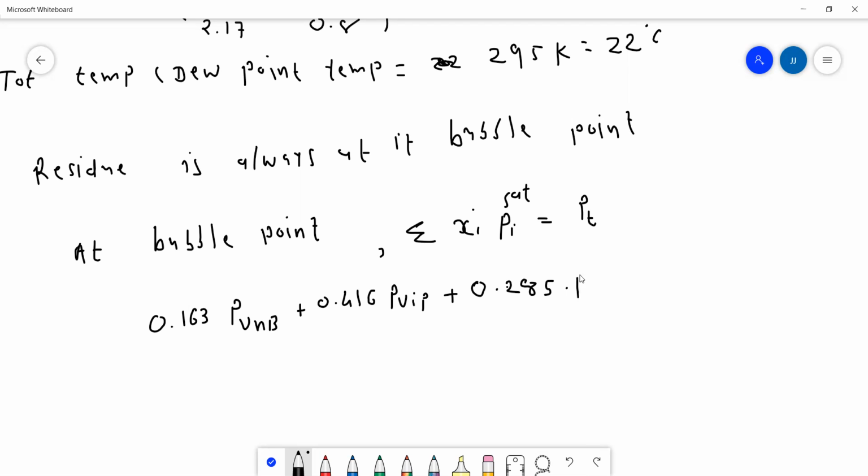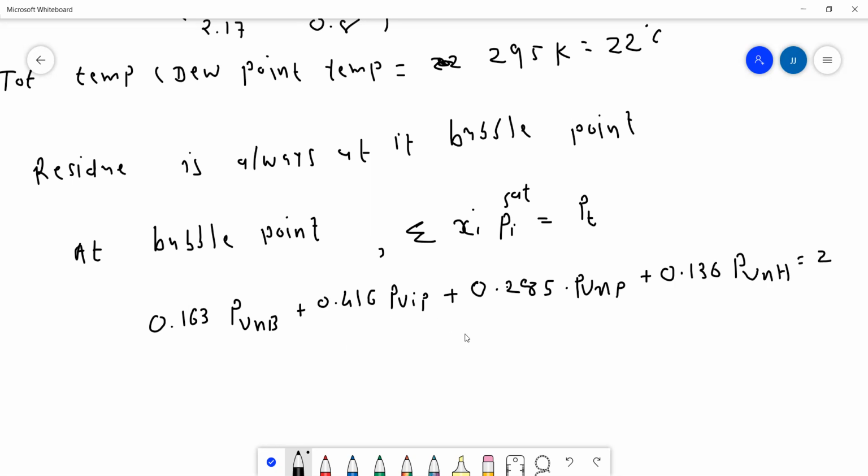Times the vapor pressure of n-pentane, plus the mole fraction of n-hexane, that is 0.136 times the vapor pressure of n-hexane, and this should be equal to the total pressure PT, that is 2 atmosphere. Here we have an Antoine equation to determine the vapor pressure of n-butane and of